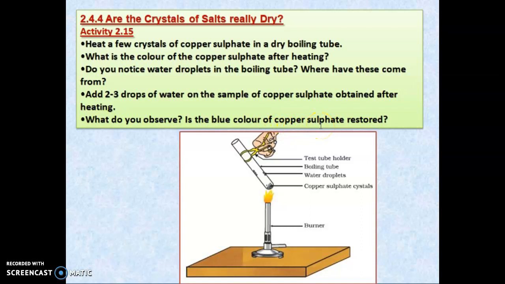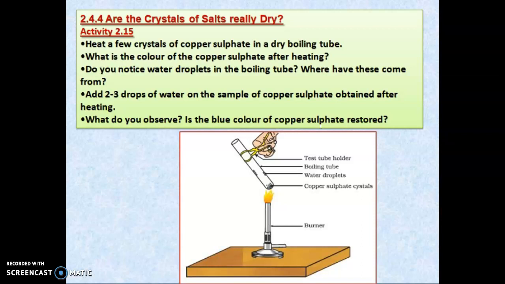So how can we find out about crystallization, that is, whether it is in a salt or crystals? Now copper sulfate is actually blue in color. So when we get the crystals of copper sulfate, what happens? The formula for copper sulfate is CuSO4 with 5 water molecules. So due to the water molecules, it gives a blue color.